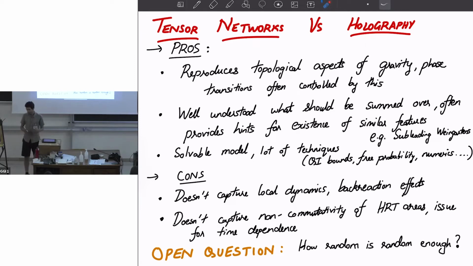And there's still an open question about how random a tensor network needs to be to reproduce features of gravity. The simplest model to work with is just the random tensor network, where you have a completely Haar random tensor. But typically in quantum information, people deal with what are called K designs, so something which can reproduce up to K moments of the Haar average. And it's not completely clear how random we should think of these tensor networks when modeling gravity.